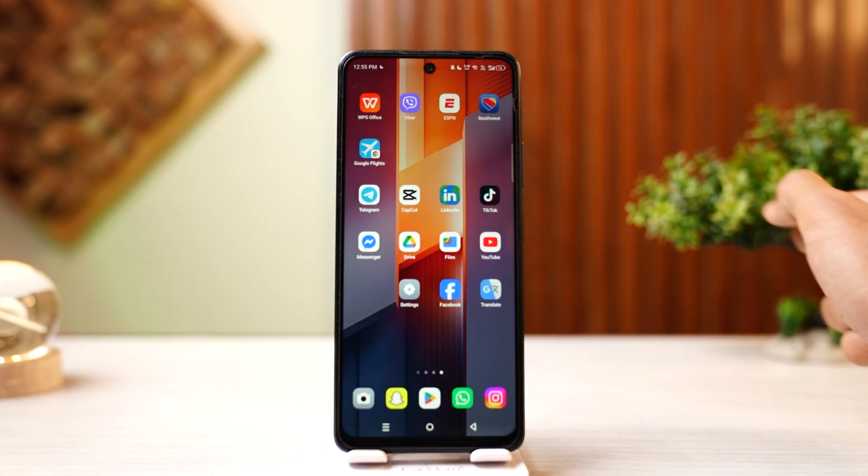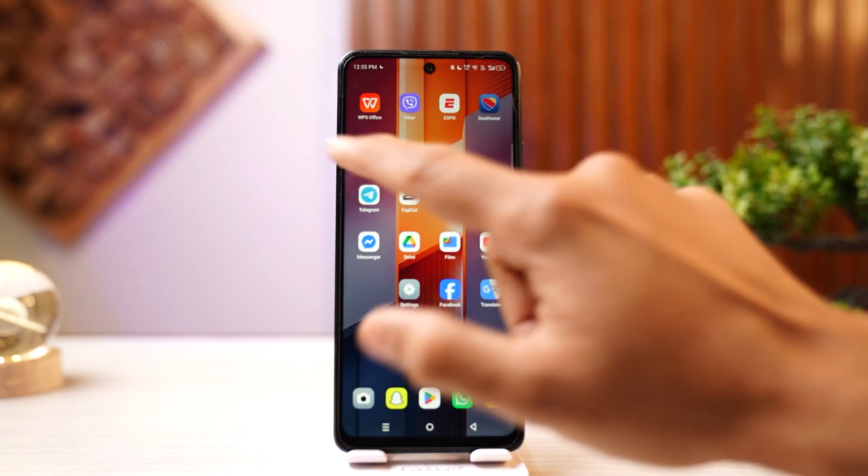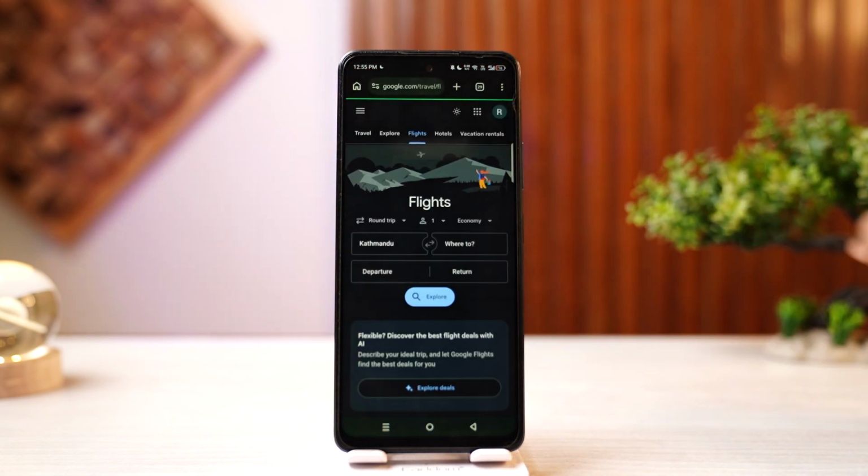Now you'll be able to see Google Flights on your home screen, and if you tap it, you can simply access the website